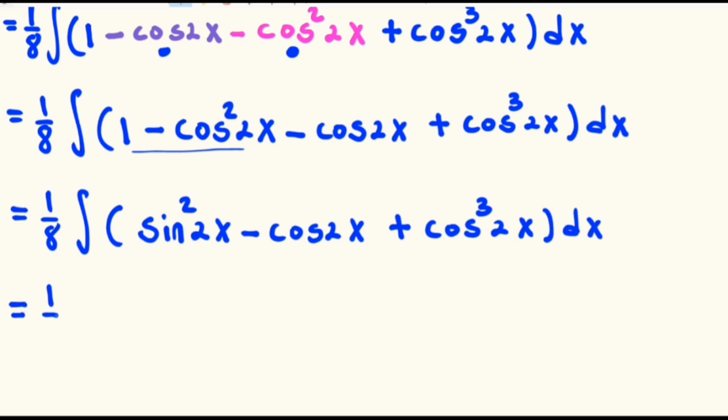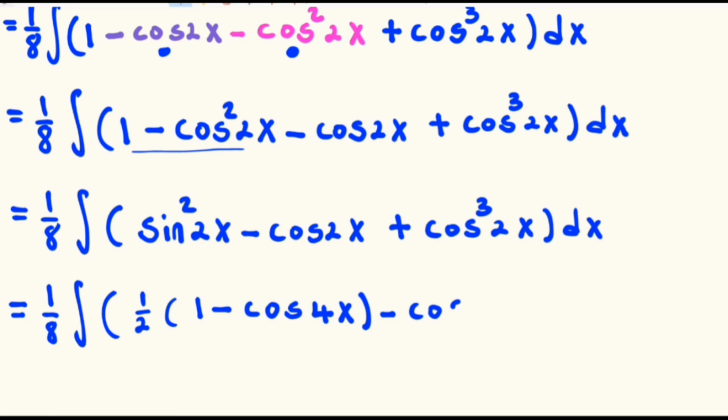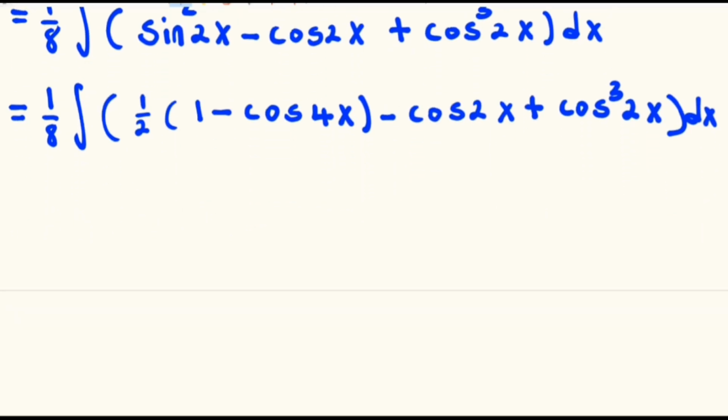1 over 8 multiplied by the integral of. We can use the double angle identity again to express sine squared of 2x, and this will be equal to 1 over 2 into 1 minus cos 4x. The double of the 2x is the 4x. Minus cos 2x plus cos 2x raised to the power 3 dx. We distribute the half, so we have 1 over 8